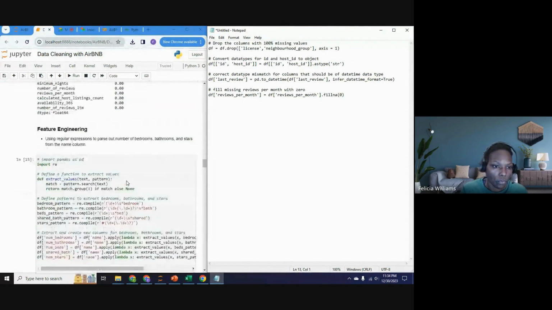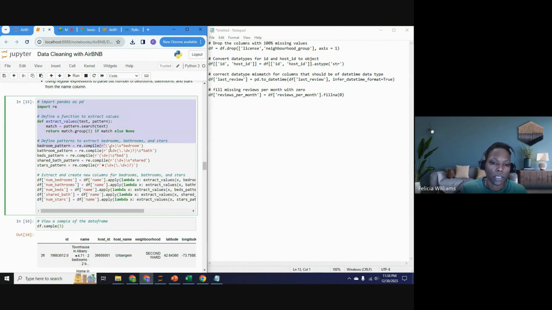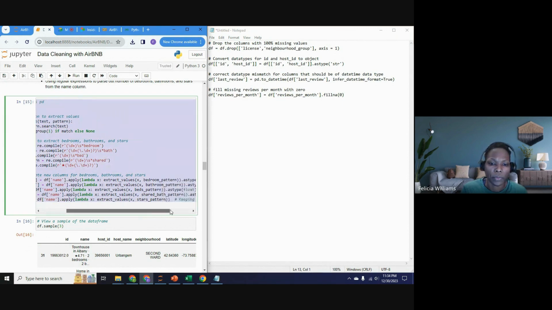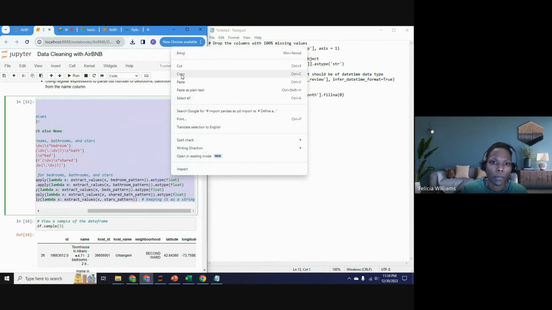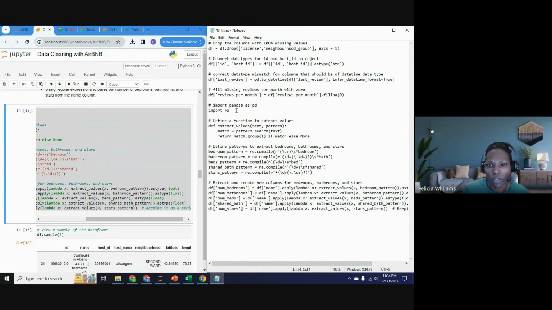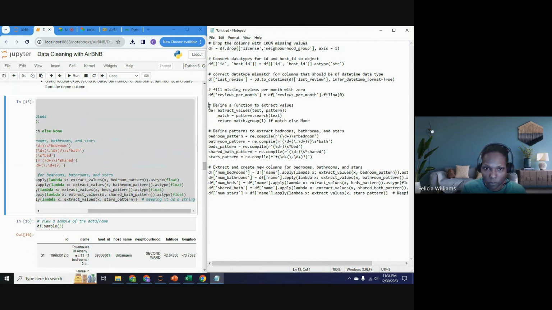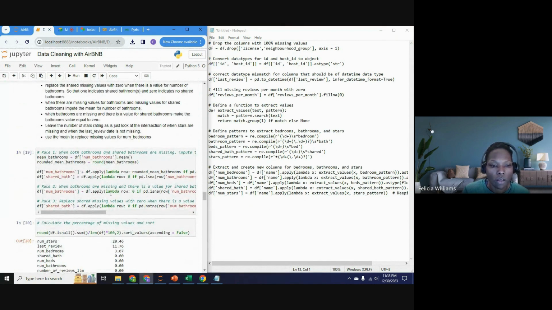We had some feature engineering where we created number of bedrooms, bathrooms, beds, shared baths, and number of stars using a regular expression by parsing this information from the name column. So we're going to take this information here, copy it. I'm going to remove these two items. Okay, and so this also brings us to